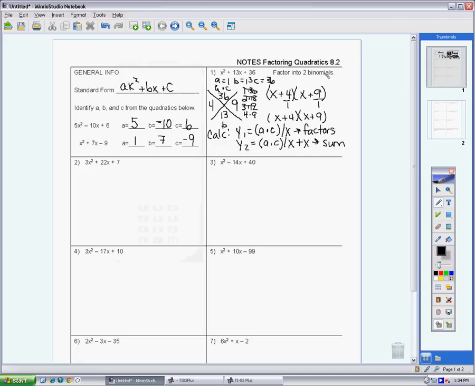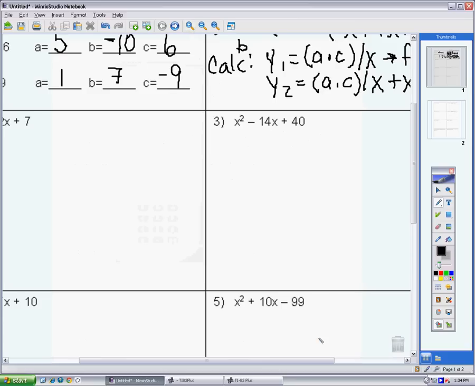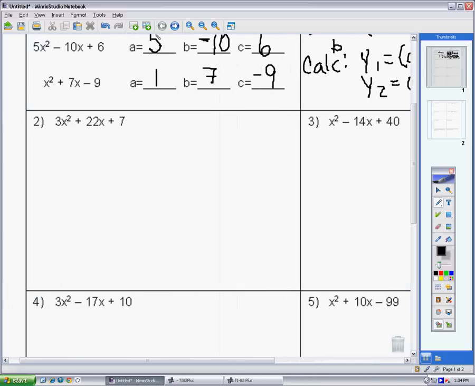Okay? Let's go to number 2. I'm going to zoom in. This time my A is equal to 3, my B is equal to 22, and my C is equal to 7. So again, I'm going to make my X, and I'm going to